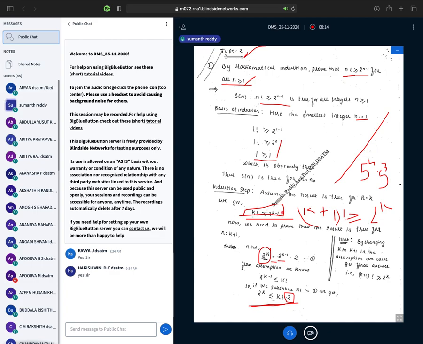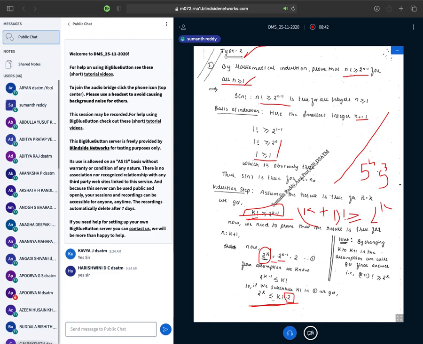So now I will replace this 2 power k minus 1 with k factorial, but this k factorial is greater than or equal to 2 power k minus 1. Therefore this equal to symbol will become less than or equal to. We already know the final answer should be k plus 1 factorial, but here I have k factorial. So somehow I need to replace this 2 with k plus 1, because that is the only way, right? If I replace this 2 with k plus 1, then I will get k plus 1 factorial.